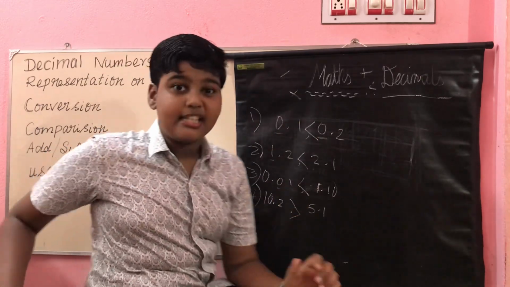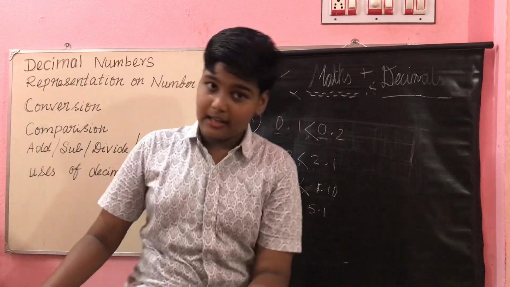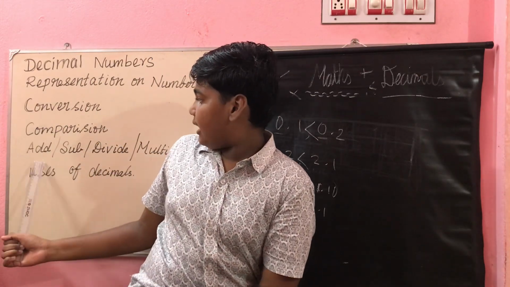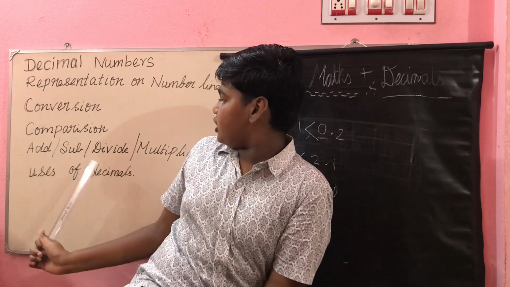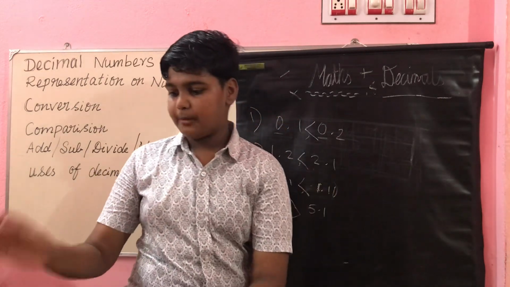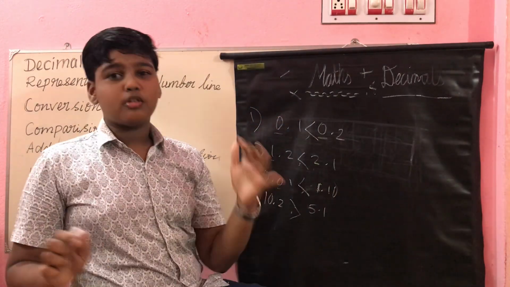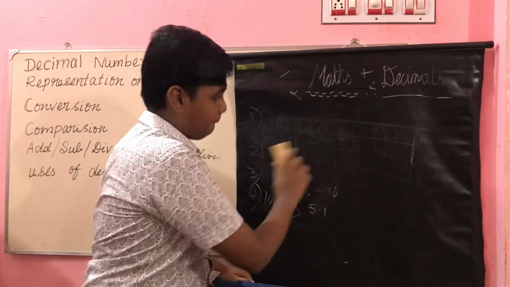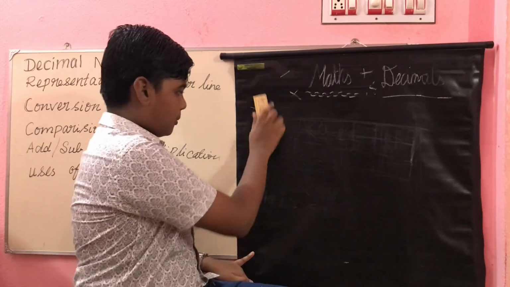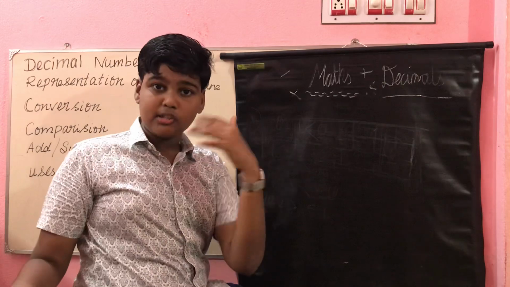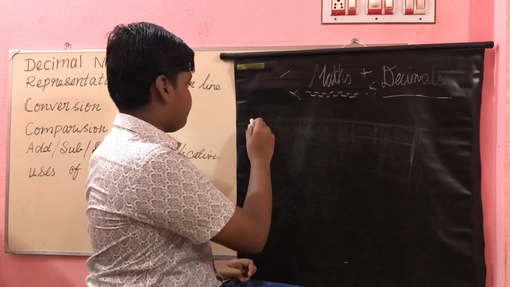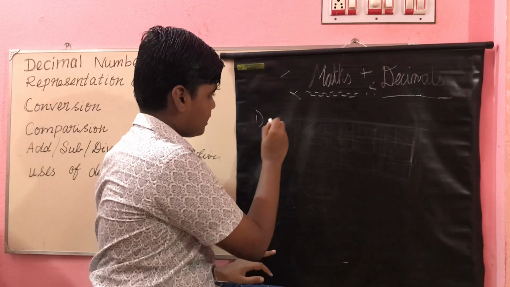It's very easy if you know about like fractions, like decimals and unlike decimals. And the next topic is addition, subtraction, division and multiplication. So now we have learned all the basics of decimal numbers. If you know these, we will easily solve the sums. Okay, so the first sum for addition is